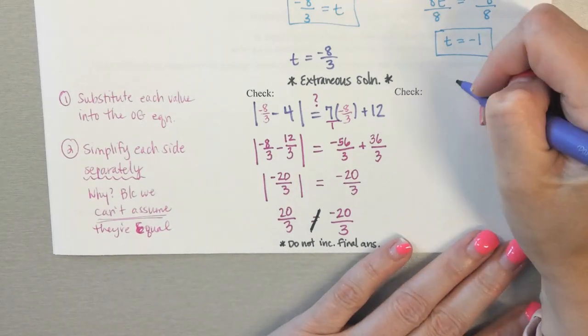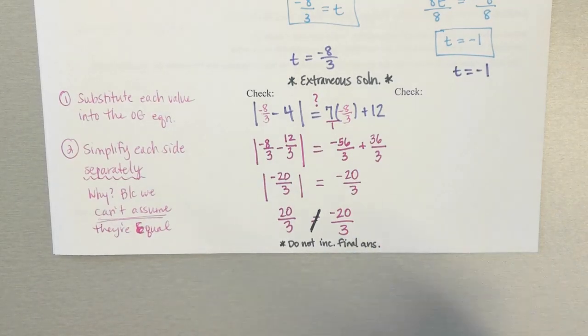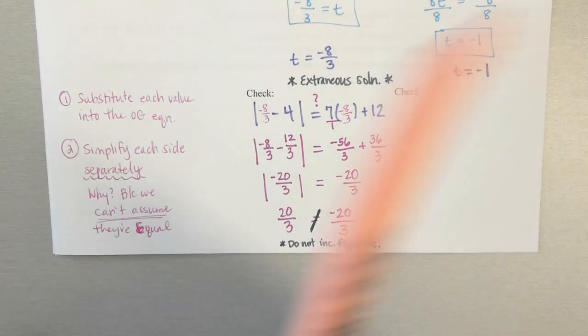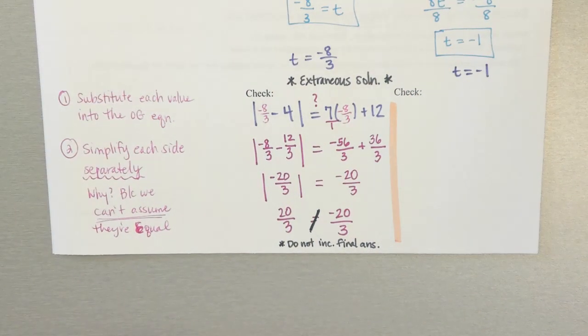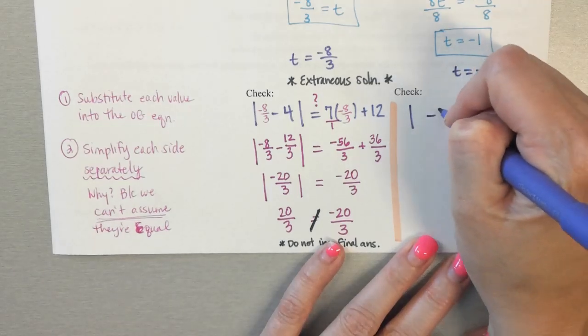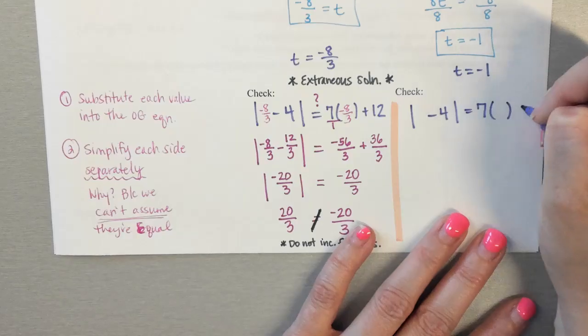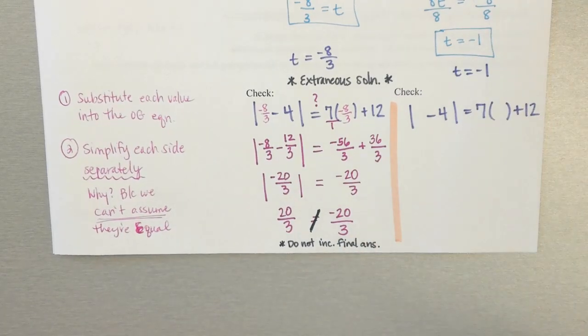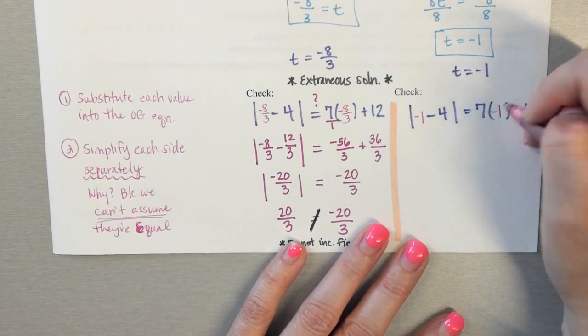And then we have to do that for t equals negative 1. So again, we're going to do our check. With me, Pete? Okay, so we're going to do our value minus 4 equals 7 times t plus 12. Okay, so now we have negative 1, negative 1,